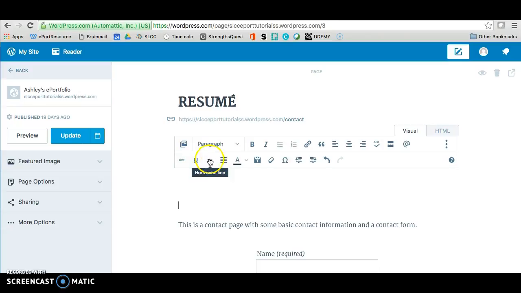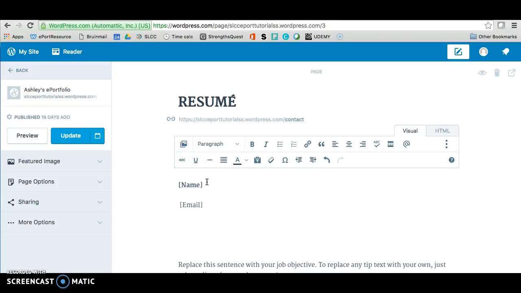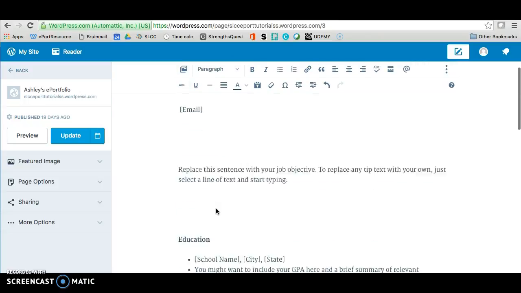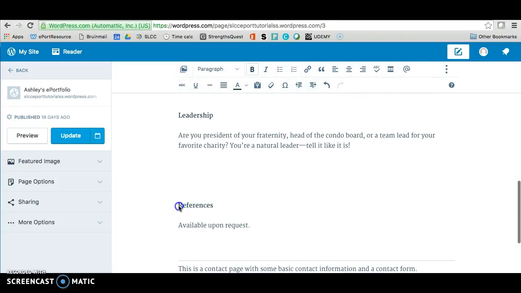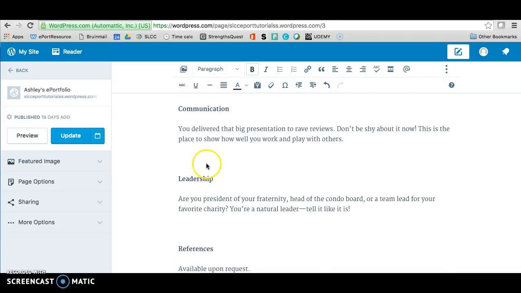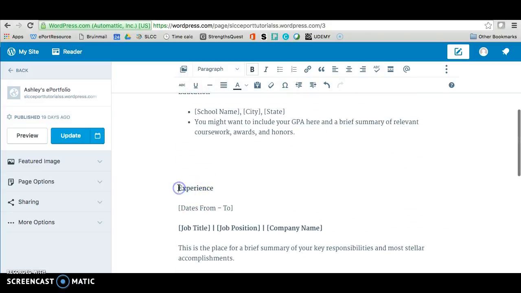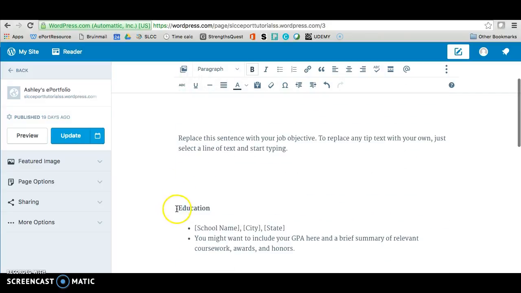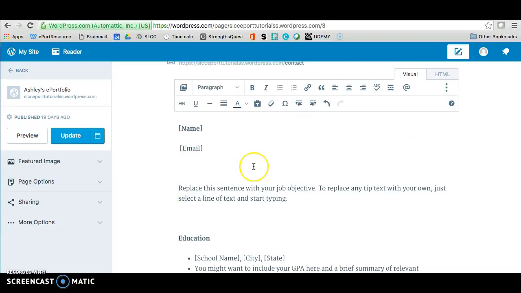and then add a horizontal line to space it out, and then you can paste your resume on top of the contact form. Now it's going to look a little different than what you have originally. All you need to do is just fix it manually as close to the original as you can. So it seems like I have extra spaces, so I'm going to get rid of some spaces. You can go in and you can fix fonts and paragraphs and different things like that.